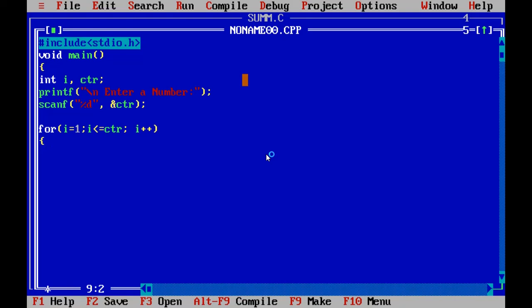First, in the for loop, we are writing printf. Within the printf only, we are finding the cube of a number.